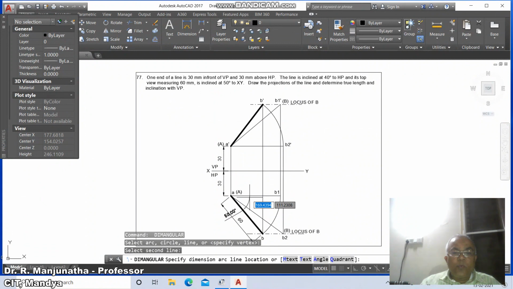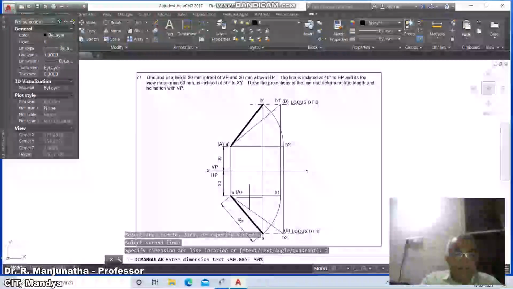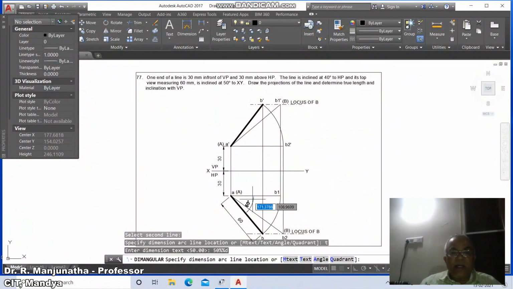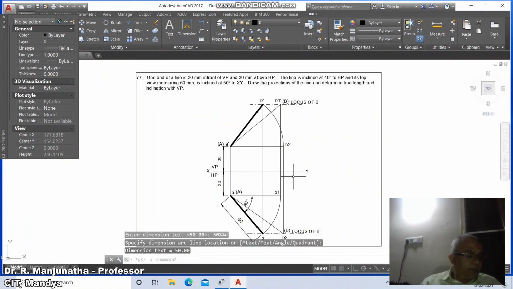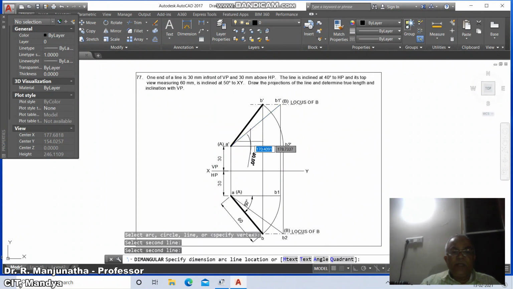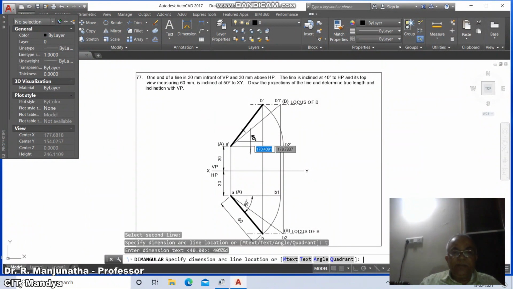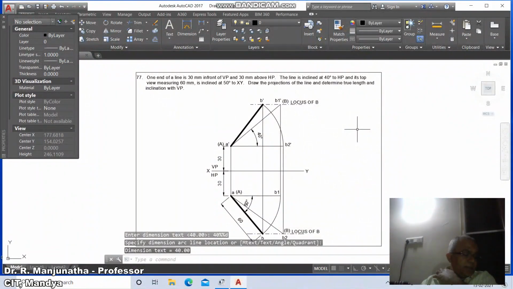So here we have text, type 50%%D, and you take it and place it wherever you want. Then go to dim angular, select between this line and this line. So here go to text, type 40%%D, and place it here, so you take this 40 degrees. Then go to